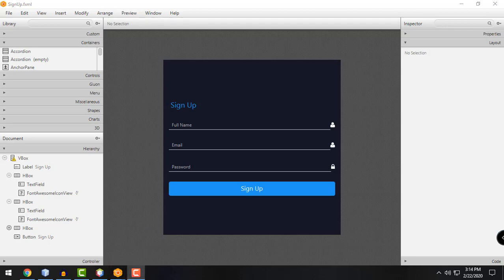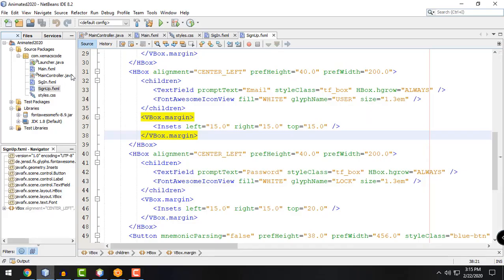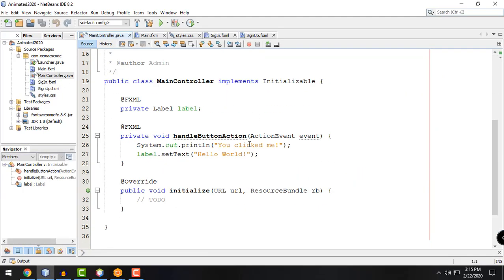Now that we're done with the boring part of designing the form, creating the sign up and login form, let's now go to our main controller. MainController.java, and in here we need to add some of the logic that we need to animate the login and the sign up form. So basically what we will do here is we need to add a new variable here,